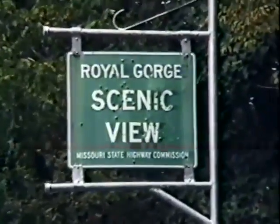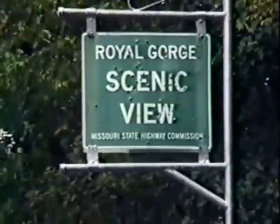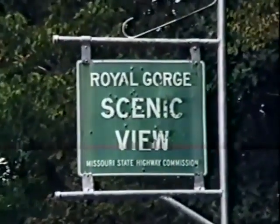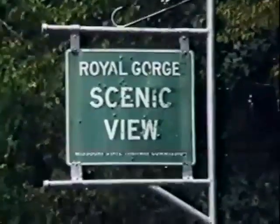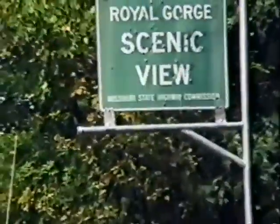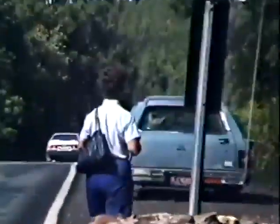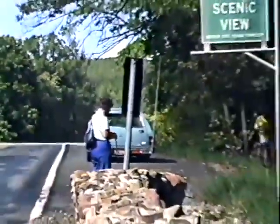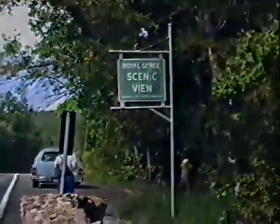You'll believe us that there's a Royal Gorge in Missouri, but between Arcadia, Ironton, and Lesterville, just past the Tom Sauk Mountain, is this Royal Gorge Scenic View. Missouri State Highway Commission. And so here it is, the Royal Gorge. And there's Mrs. Baker getting ready to go down to the Royal Gorge and to see what's down there. So we'll pan out,